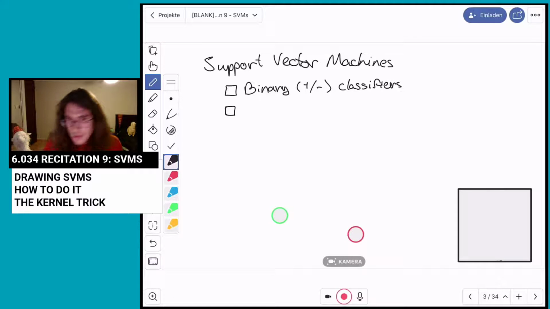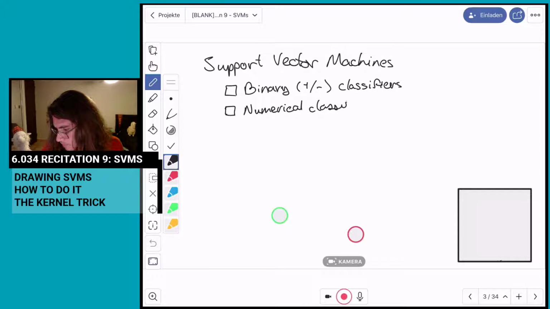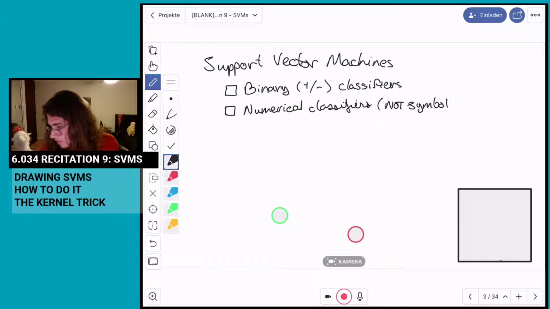Sorry about that. Then they are numerical classifiers. And what that means, I'm going to write, not symbolic. Although I recognize I'm not going to define what symbolic is, because that's a whole separate issue. What I mean by numerical classifiers is, for example, if you remember the ID trees example in the ID trees